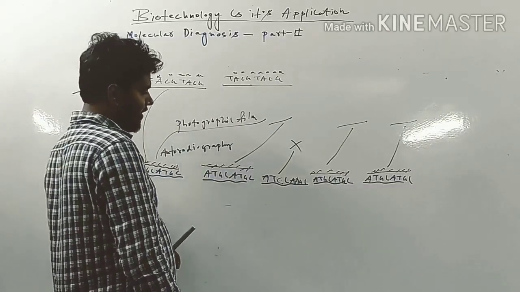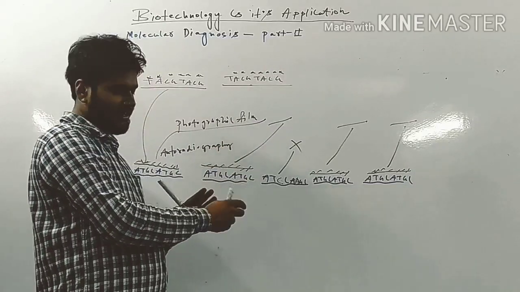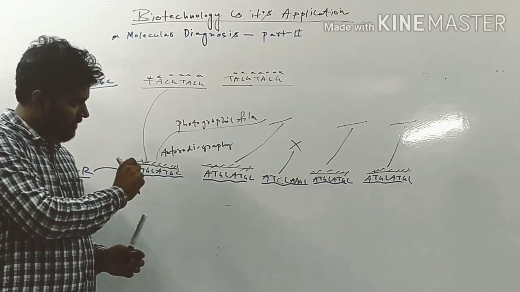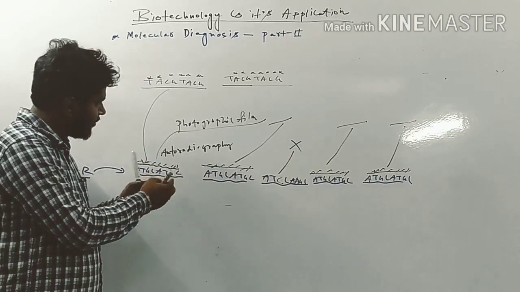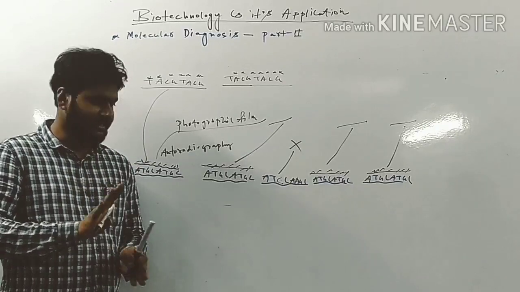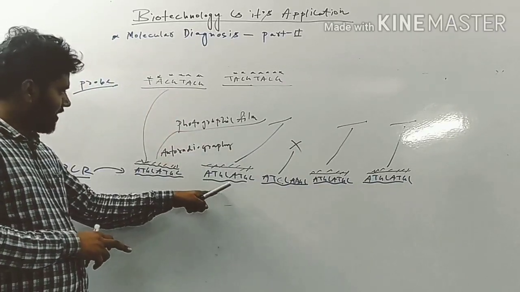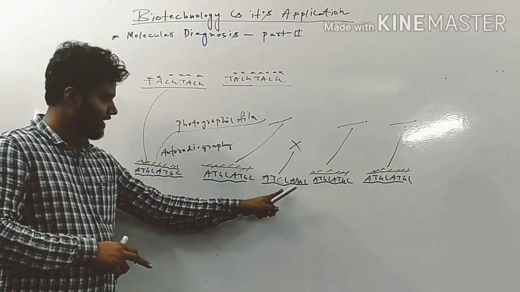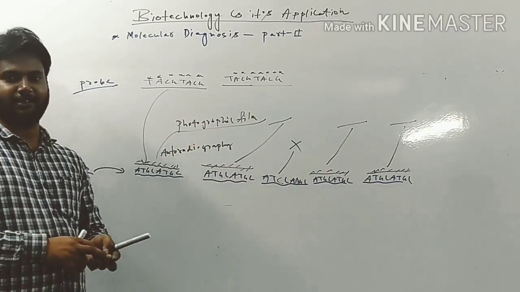So by seeing the photographic film using autoradiography, from the segment where there is no radioactivity, we can simply say that there is a mutation, because the probe was complementary to the normal sequence. As the mutation has occurred, complementarity has been lost, the probe will not join to this, and there will be no radioactivity. In this way